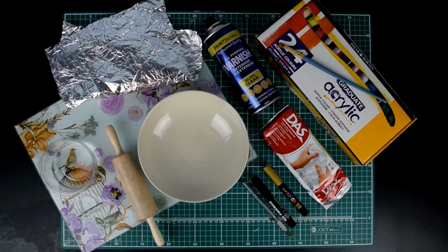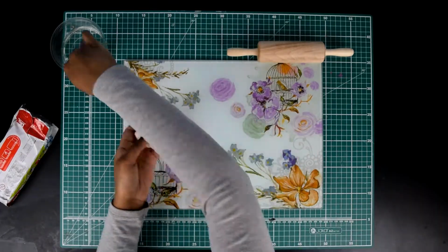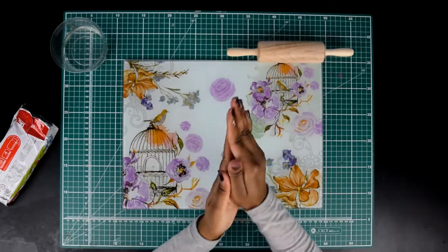So for this project you'll need a glass board, rolling pin, a curved bowl, foil, some water, some all-purpose varnish, some acrylic paint with a paintbrush, air dry clay, 2 porcelain pens, 1 gold and 1 black, and a craft knife. So take your air dry clay and start rolling this up into a ball,